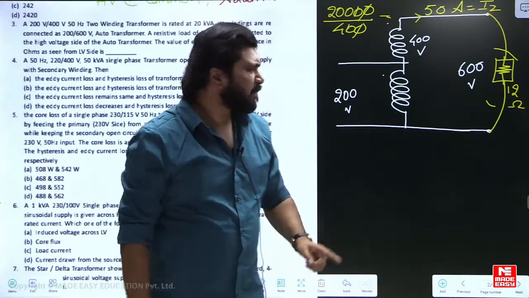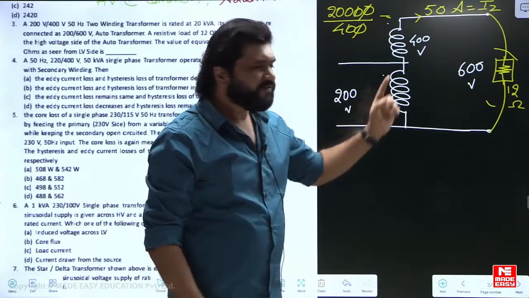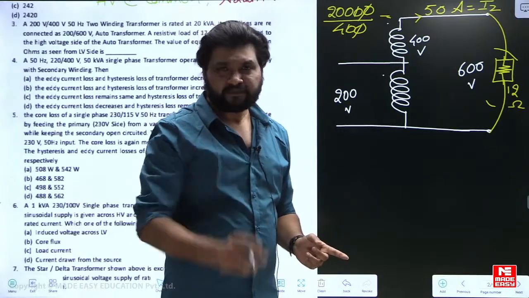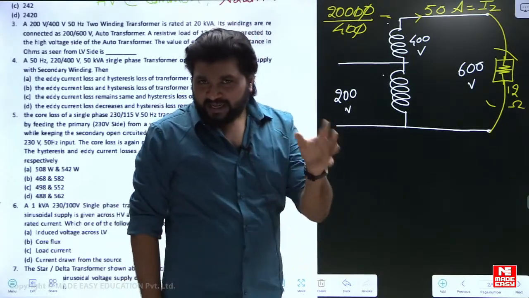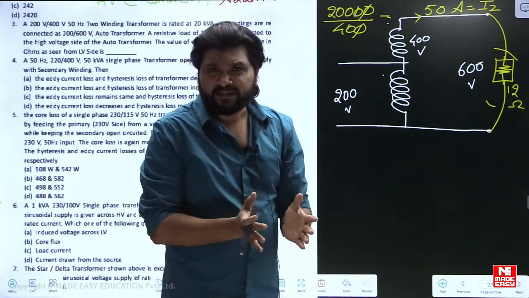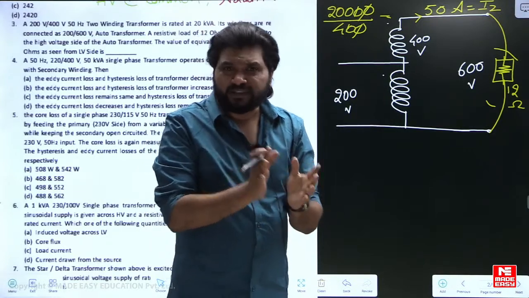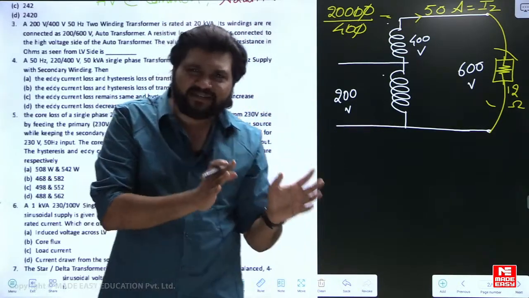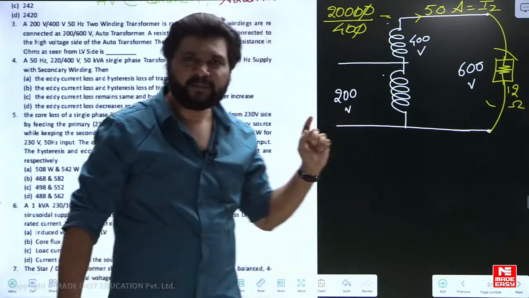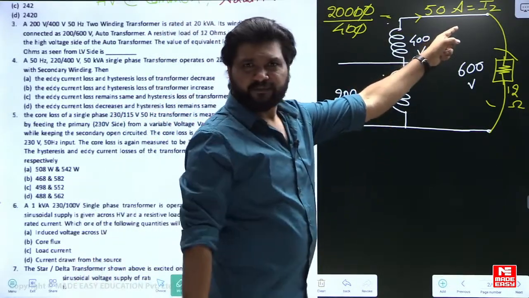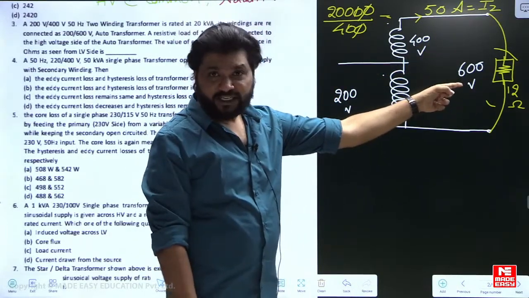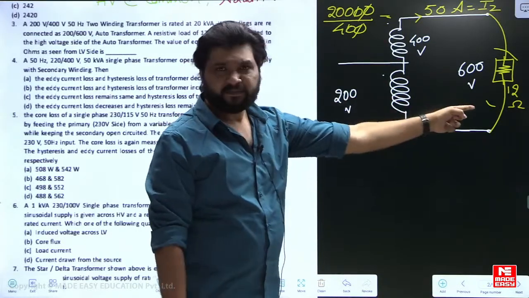Or simply in transformers, when you're transferring from the HV side to the LV side or LV to HV side, there are two currents. If you're bringing a resistance from the LV side to the HV side or HV to LV, the impact of this resistance on one particular side should be exactly the same on both sides with their respective currents. For example, here the current is 50, resistance is 12. So the power dissipated over there on the HV side, I square R, if you calculate